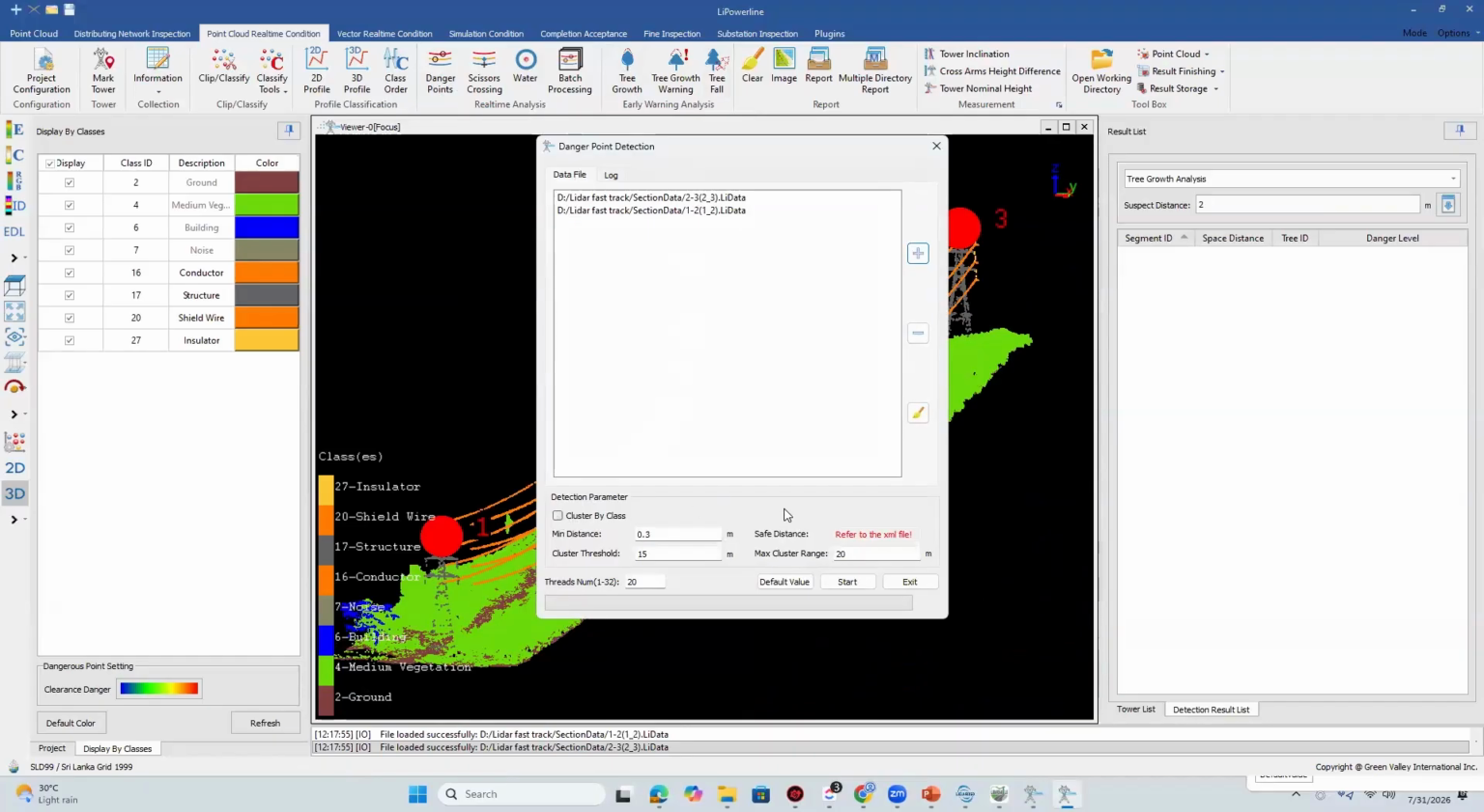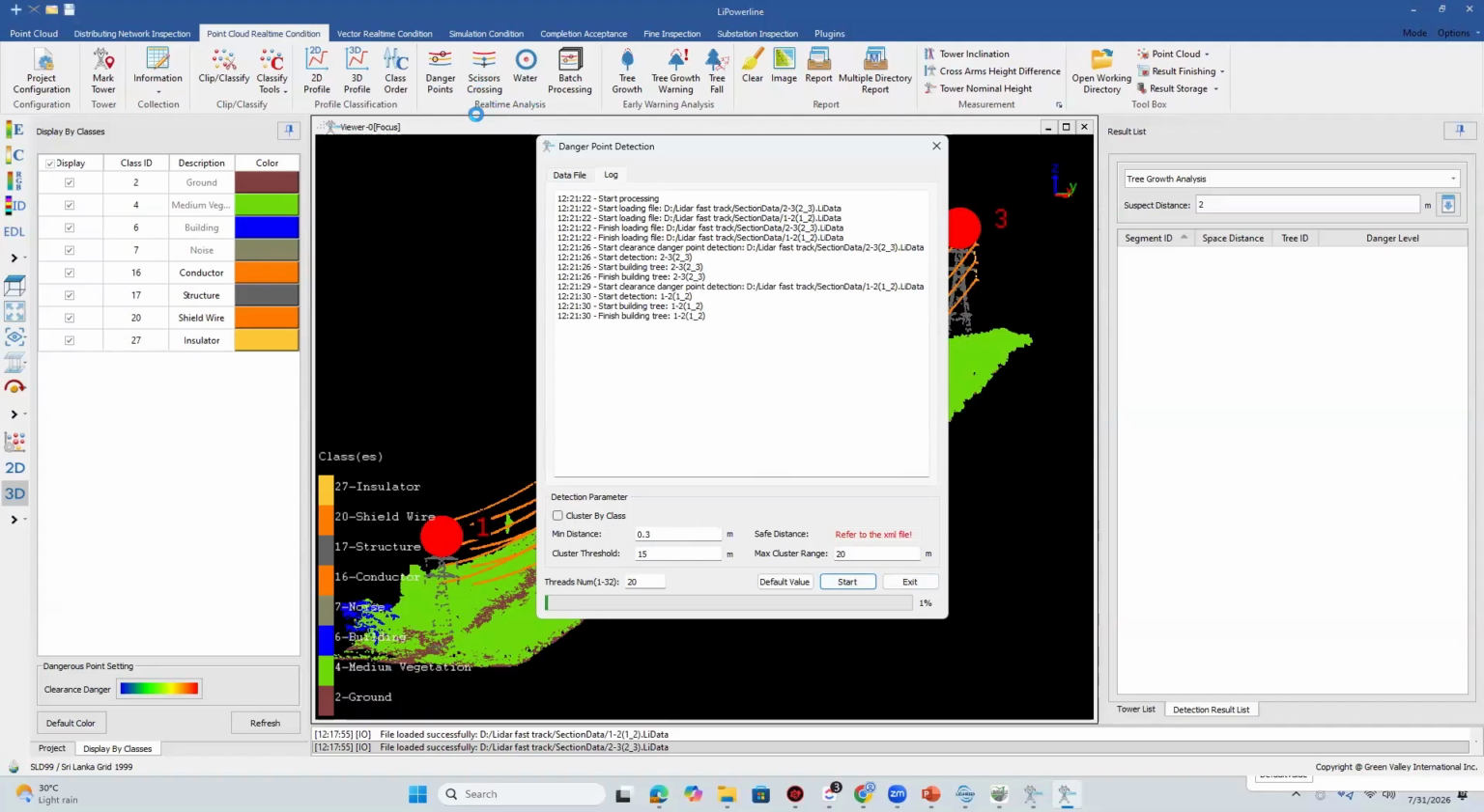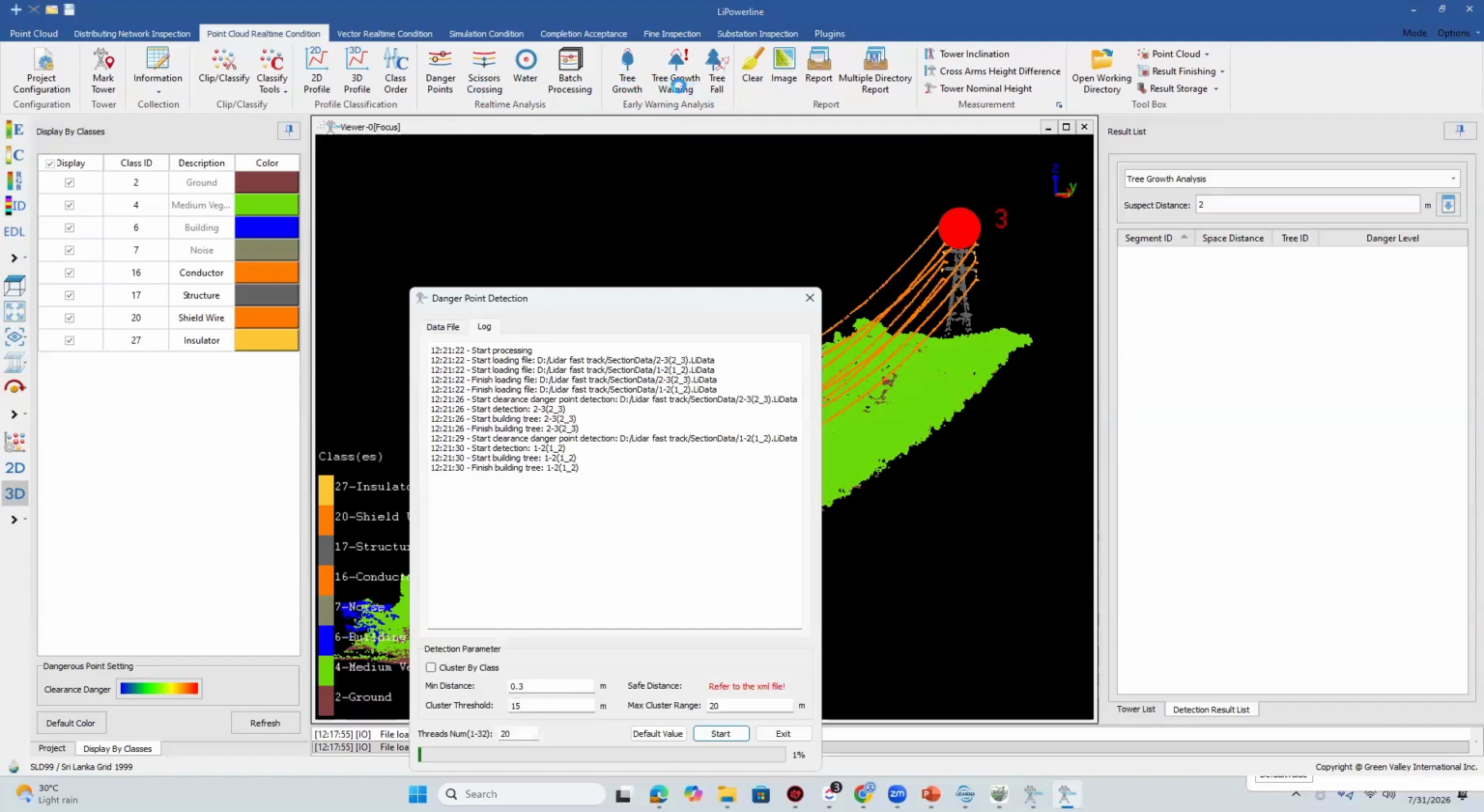Here we can analyze the danger points of the point cloud. We can analyze the danger points of the vegetation, then tree growth and tree growth warnings. We can set how much time we have to maintain